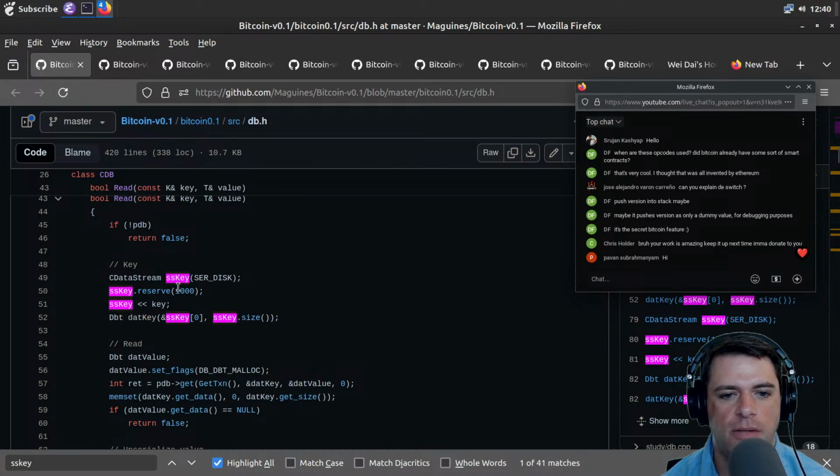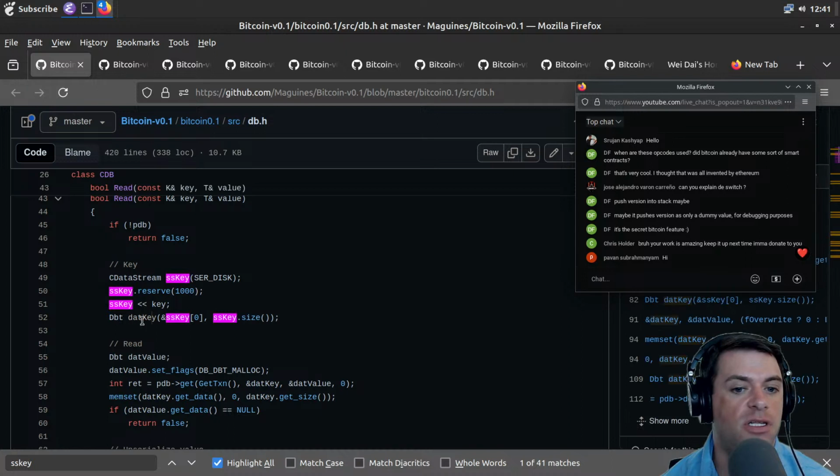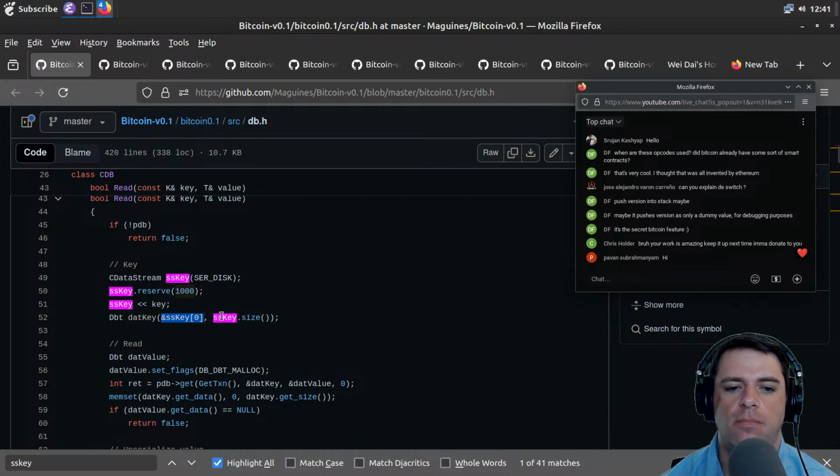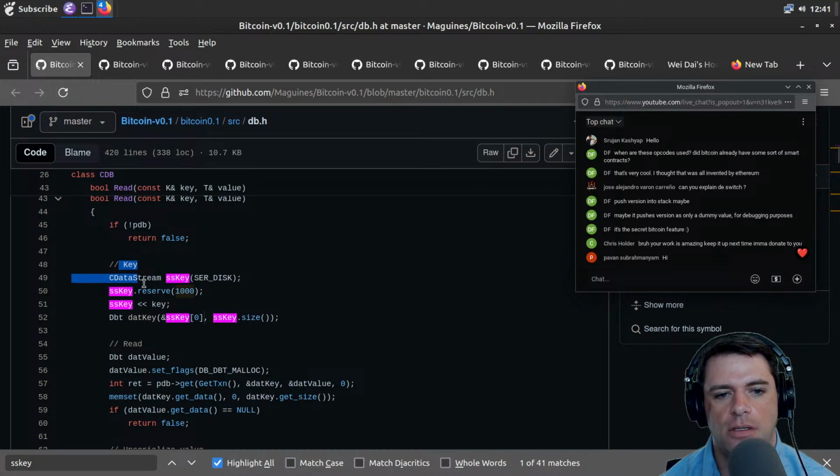So we have some data stream. Whatever SS key is, we're going to reserve 1,000 of something. We have a DBT data key. I think Berkeley DB is a key value store. And there's going to be some sort of mapping, I guess. There's a key, I guess, the size of the SS key, whatchamacallit. And we have this, that's the key. And then we have